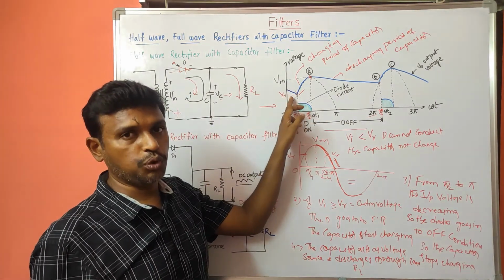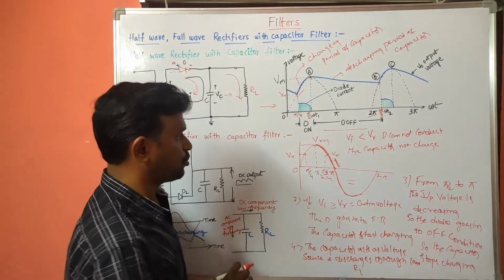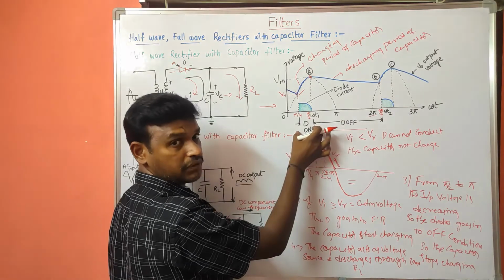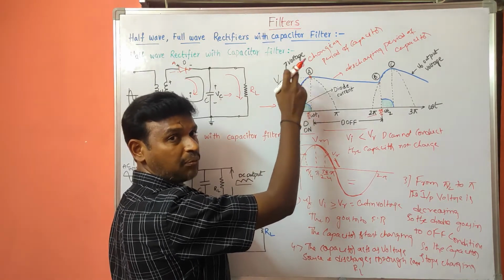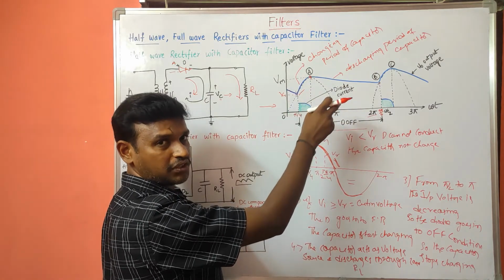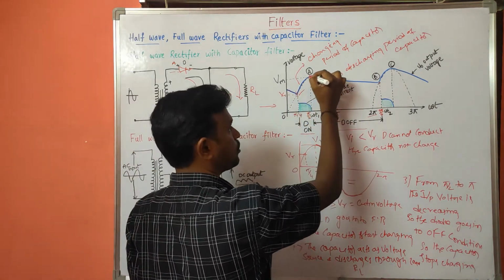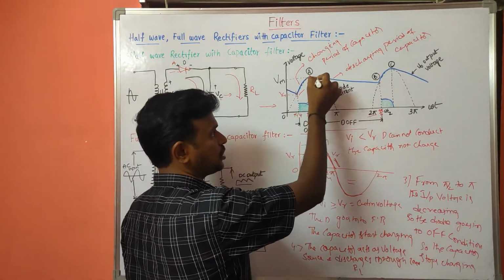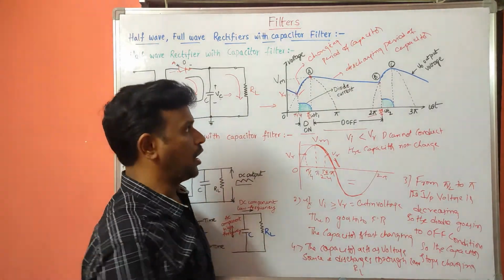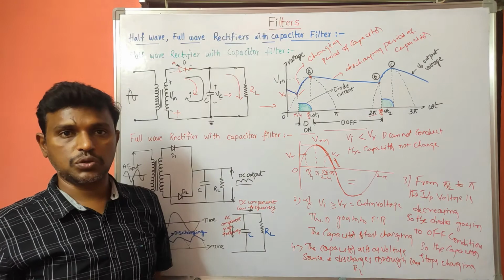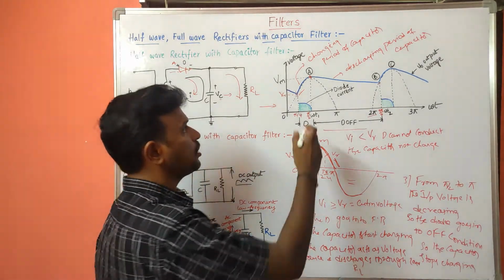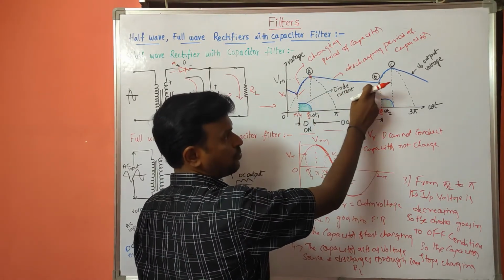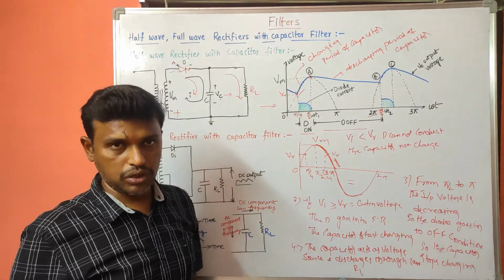As the input voltage crosses the cut-in voltage, the diode goes into the on condition. So I have shown here this green region, that is nothing but the on condition of the diode. Whenever the diode is on, the capacitor starts charging because of the current flow in the circuit. The capacitor charges from this point to this point. After that, the input voltage decreases. Because of that, the diode goes into the reverse bias condition, and the capacitor will act as a voltage source and it will discharge. So from this point to this point we consider as the charging period of the capacitor, and from this point to this point we consider as the discharging period of the capacitor.